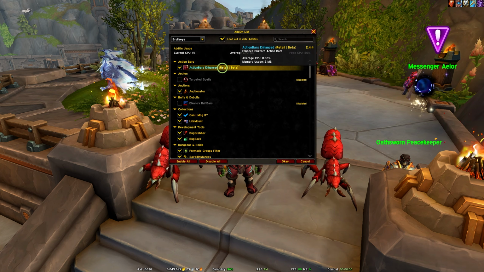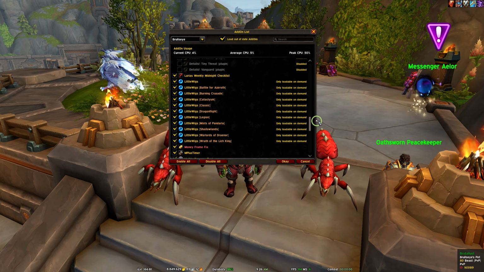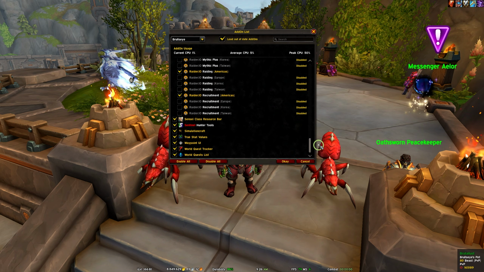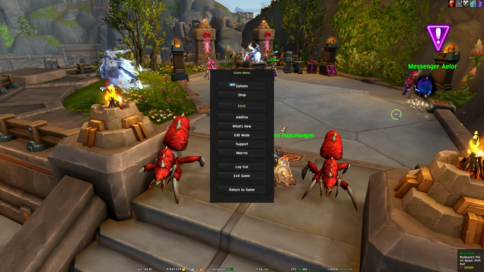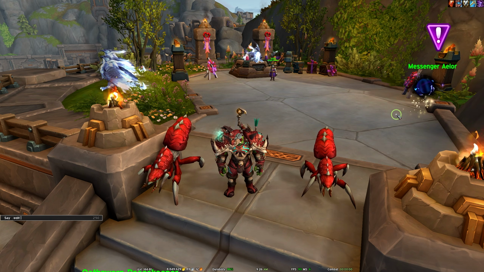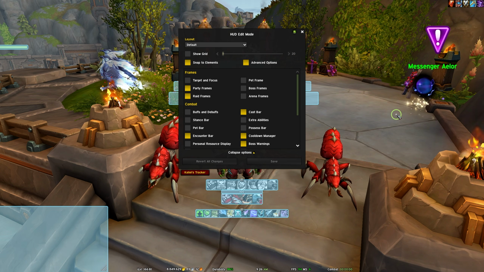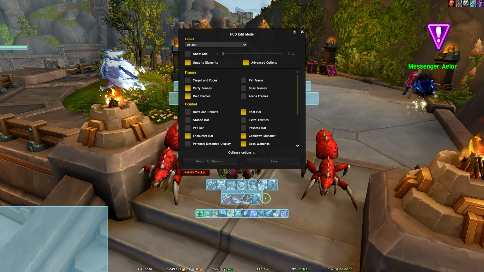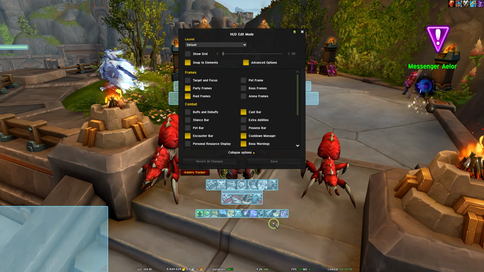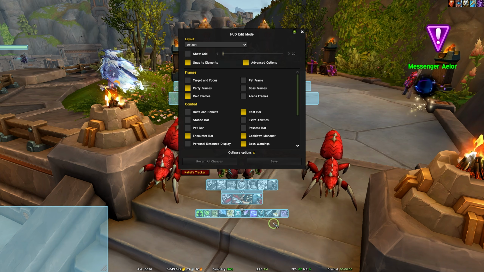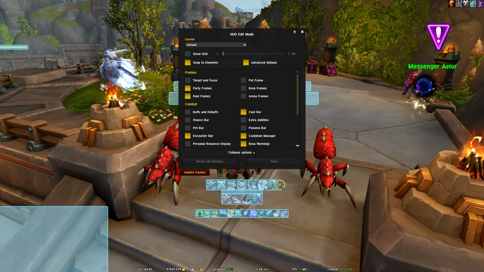Action Bars Enhanced, and I'm going to scroll down a little bit for this first part. Sensei Class Resource Bar are exactly what you would expect them to be, or what you've seen them to be, and so on and so forth. They are going to be your cooldown manager, reskinning, very much your WeakAuras of Midnight. I don't feel like there's a lot that I need to explain here.